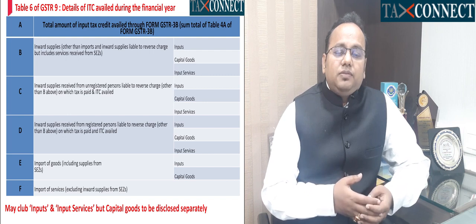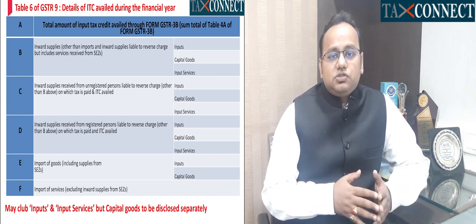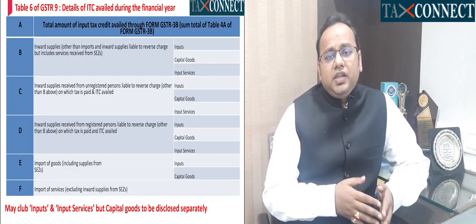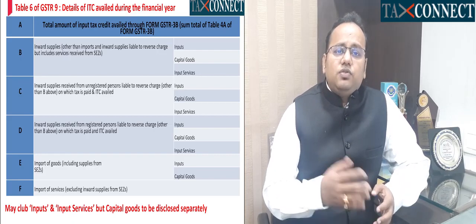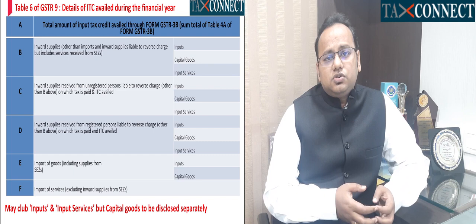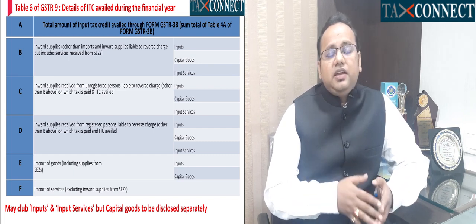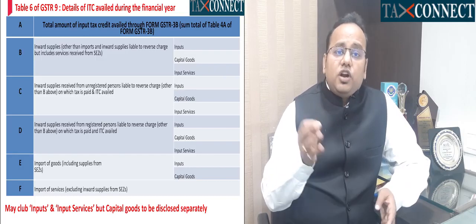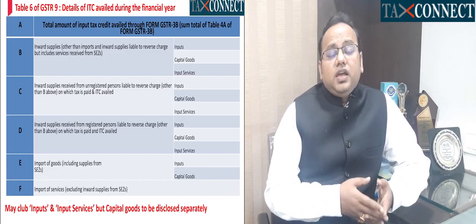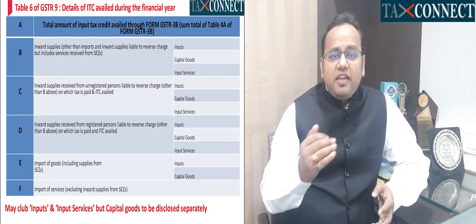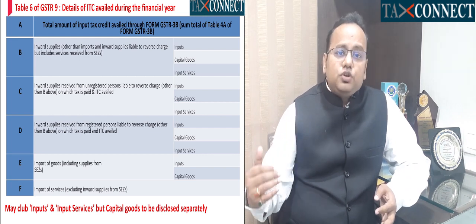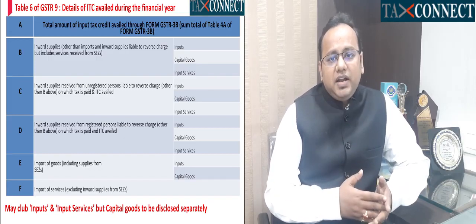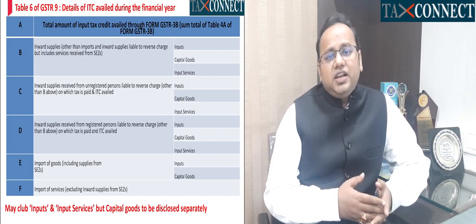Friends, it is very important to have our HSN code details also, although in table 2017-18 still it is optional, in 2019-20 also. However, you would see that in the refund rules also it is now important and mandatory to give the HSN code details, and therefore our suggestion is for table number 6 also it is important that you bifurcate into inputs, input services and capital goods, all three, even though it is not mandatory, and you can club inputs and input services.